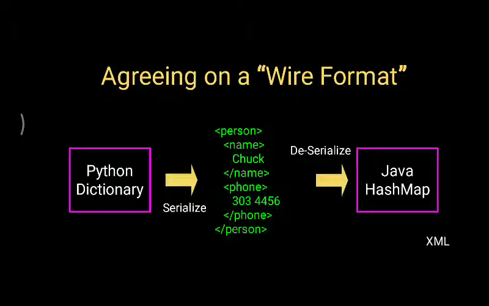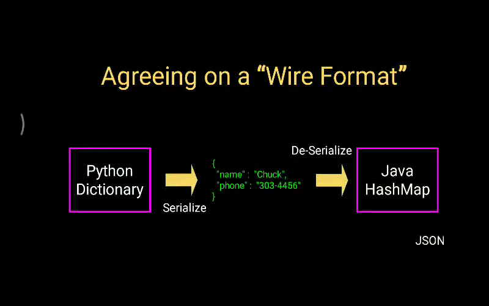What exactly is a Java hash map? It maps the elements of a particular data one by one from a Python dictionary to a Java hash map. Initially we will serialize our data, then we will deserialize it into elements. Initially we will be using XML, and in a very similar way we will also be using JSON. Now you can see the same data using a Python dictionary in serialized form, which we will deserialize using JSON into a Java hash map.